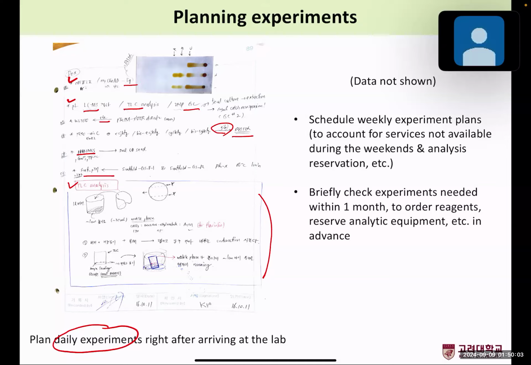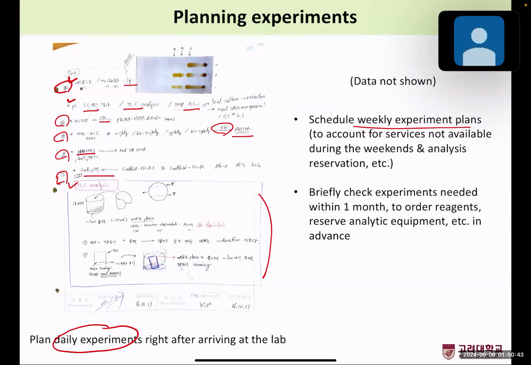And then I write okay when I finish the experiments. Until I check all the things with okay, I don't go home. So once I finish the experiments, I can go home, right? So this was how I plan experiments and then finish experiments so that I can keep the schedule up to date. And then I also set up weekly experimental plans, but I couldn't find this because I've already thrown it away. So I didn't show the data here.